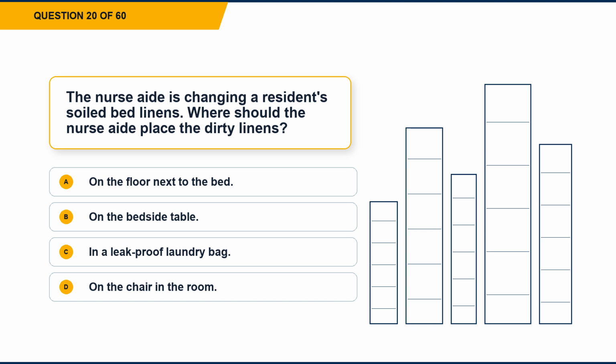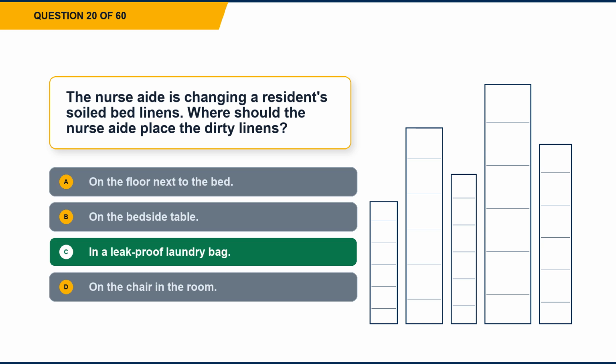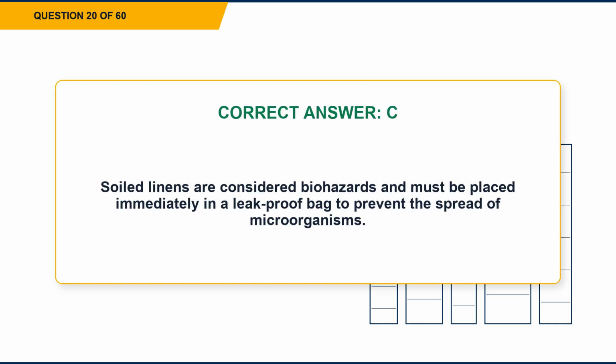Option B, on the bedside table. Option C, in a leak-proof laundry bag. Option D, on the chair in the room. The correct answer is option C, in a leak-proof laundry bag. Explanation. Soiled linens are considered biohazards and must be placed immediately in a leak-proof bag to prevent the spread of